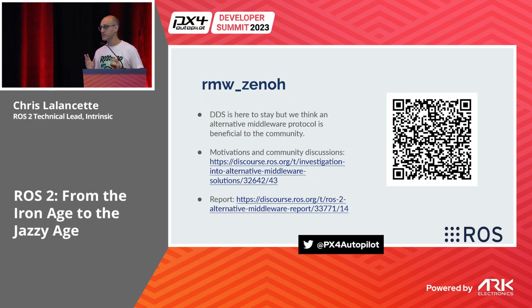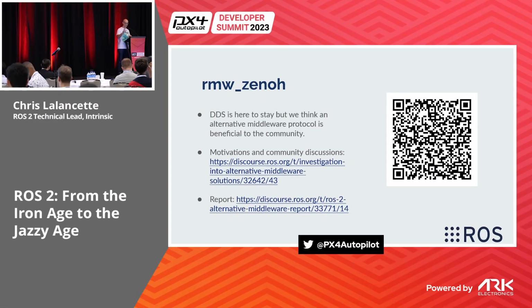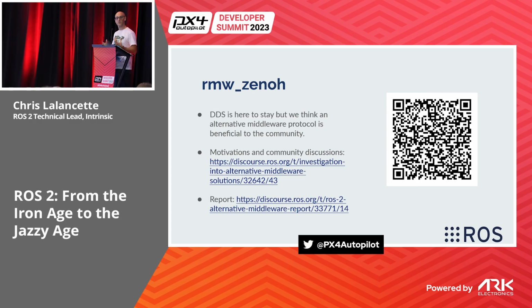I'm not going to go into too much depth about all of this. So those two links there, and the QR code in particular, we did a lot of work over the summer to investigate what problems people are having and what alternatives are available out there, and then we wrote this report which does a cross matrix between that, to try to find what new middleware might solve some of these problems. After doing all of that, we came up with Zenoh, a relatively new middleware out of ZettaScale, as a potential new thing.